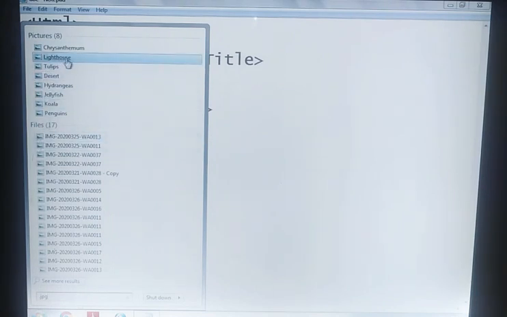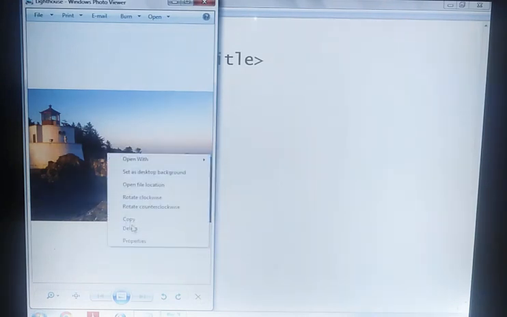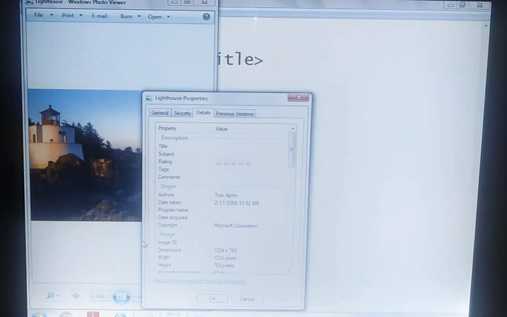I'm going to take any of the images from here. You can see the item type, meaning the type of image, is JPG. It is given here in the square box. Let's click here. It is the image. You do a right click on this. There is an option of properties. Now this dialog box will appear.